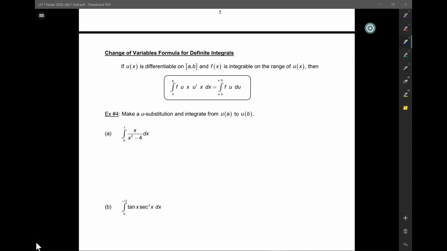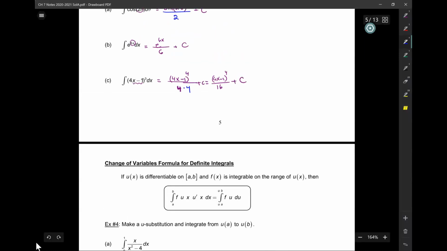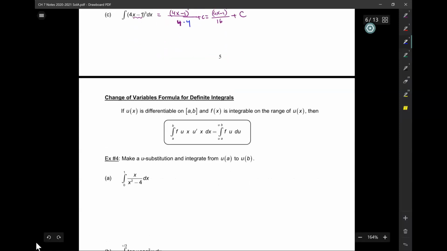Hey guys. All right, so last time we learned how to evaluate integrals using u substitution, but those were indefinite integrals. Today we're going to talk about what happens when we have definite integrals. So when we have bounds from a to b, well, in that case, if you have a situation like this,